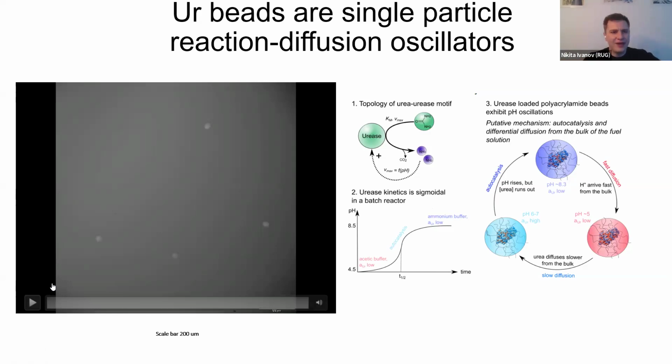And basically, after screening through many sorts of conditions, if you watch any of these 4 beads, I hope that the contrast on your screens is good enough to see that they actually oscillate. I will play the video once again. I was very excited when I saw that because it was, as I believe, the first confirmation that this phenomenon actually happens in this exact system, more or less according to predictions. So I hope that everybody has seen oscillations.